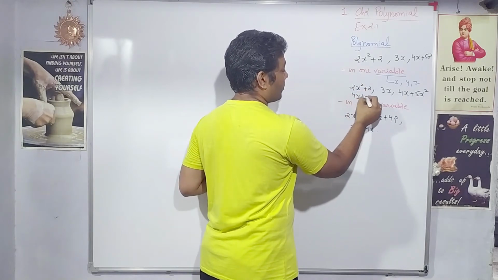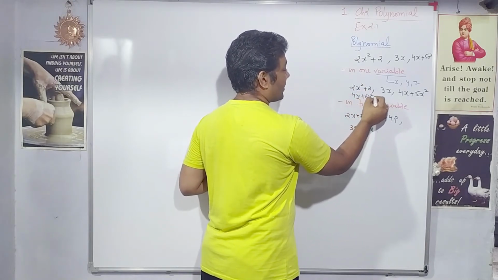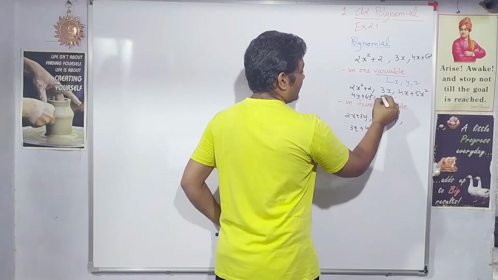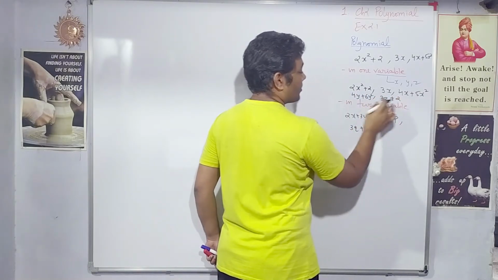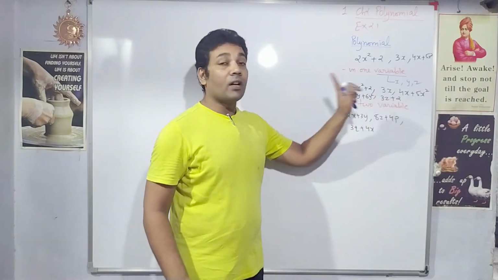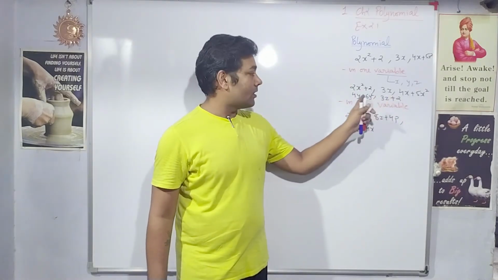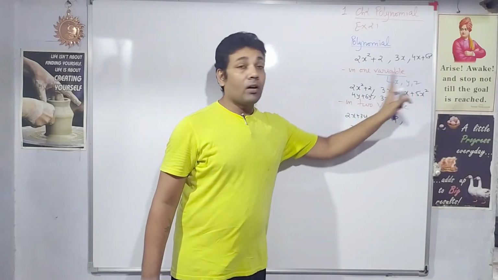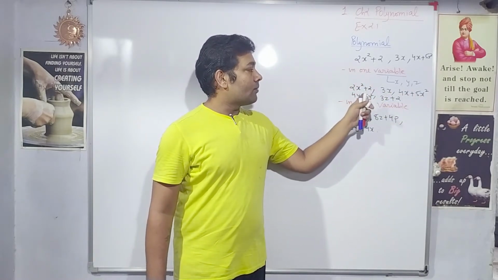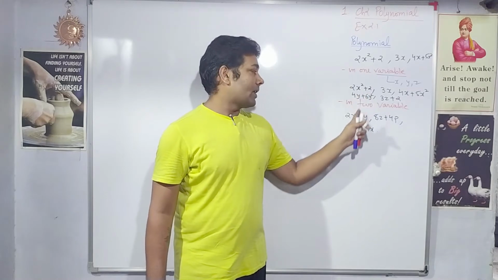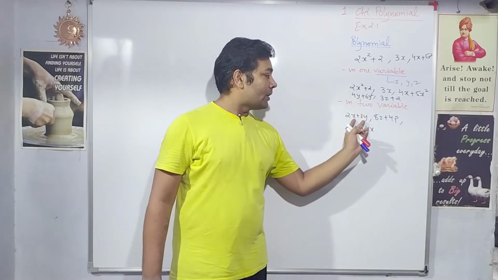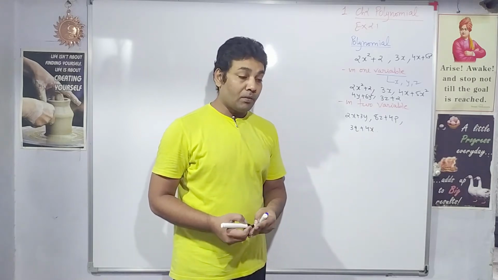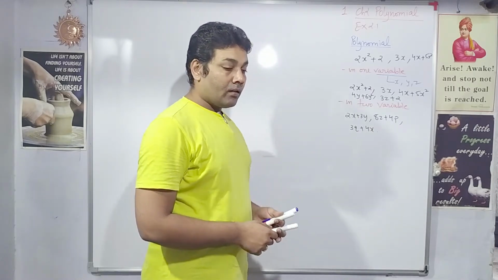Even if you write down 4y plus 6y square, this is again one variable because there is only y. 3z plus 2. So this is again a polynomial in one variable because we have only one letter. Here also we have only one letter, that is y. So these are the polynomials in one variable, and these are in two variables. See, we have two letters, x y, z p, q x. So these are the polynomials in two variables.